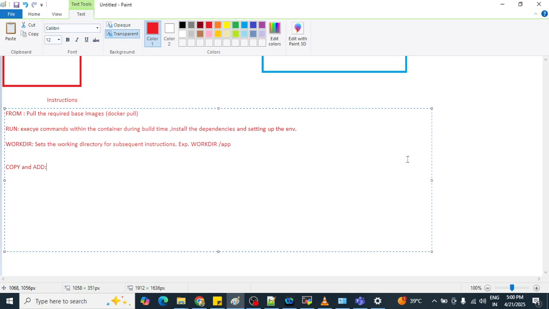Okay, so we can write it here also. Let me write it here. Copy files and directories from the host machine into the container's file system.